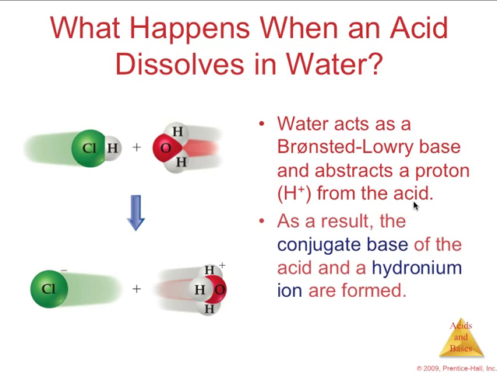So what happens when an acid dissolves in water? Water acts as the Bronsted-Lowry base and abstracts a proton from the acid. As a result, the conjugate base of the acid and a hydronium ion are formed. So this is going to be acting as the acid. It's going to give up this hydrogen to this water. If you notice, this Cl anion, chloride anion, is what is called the conjugate base